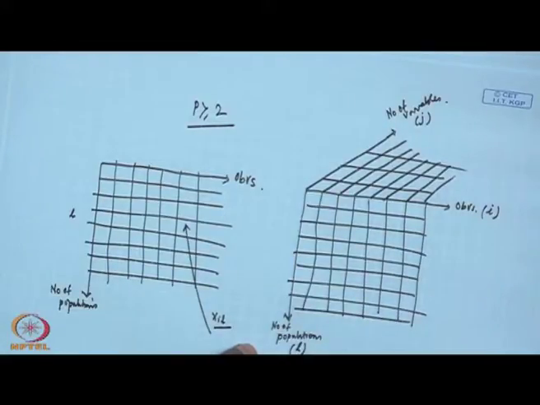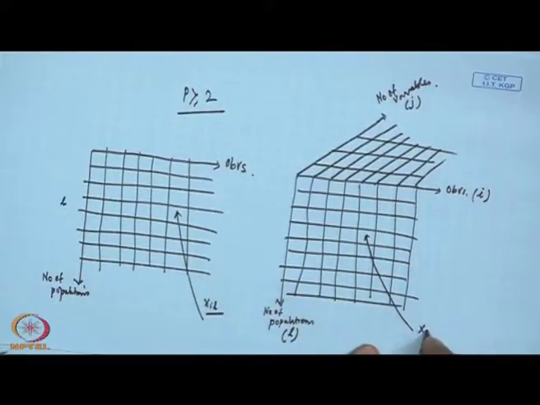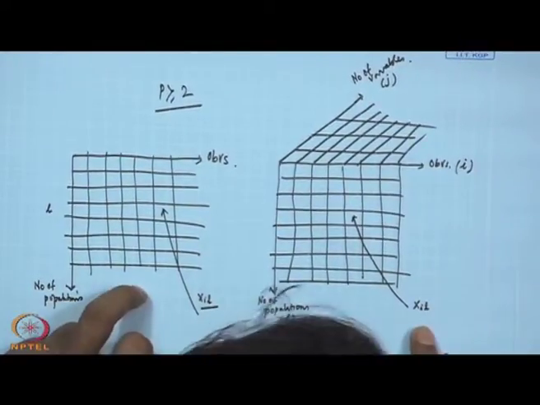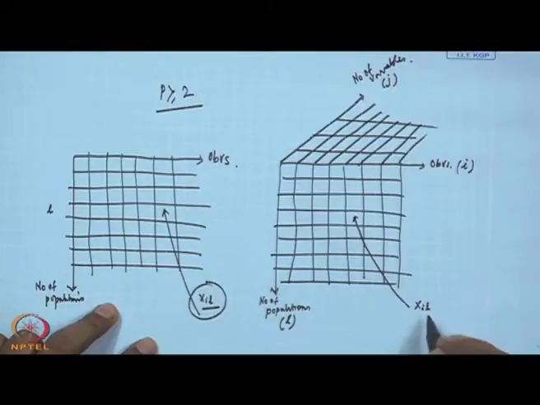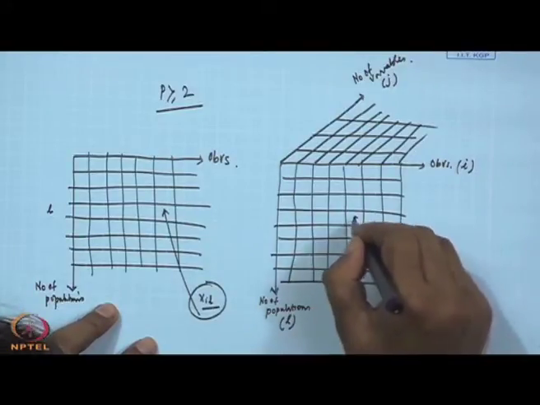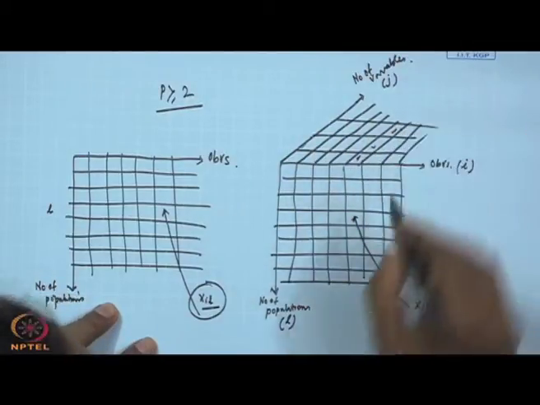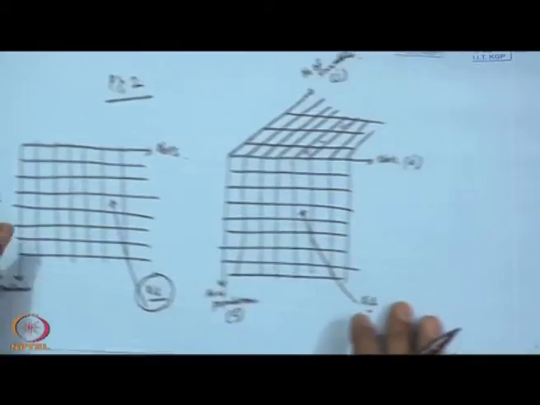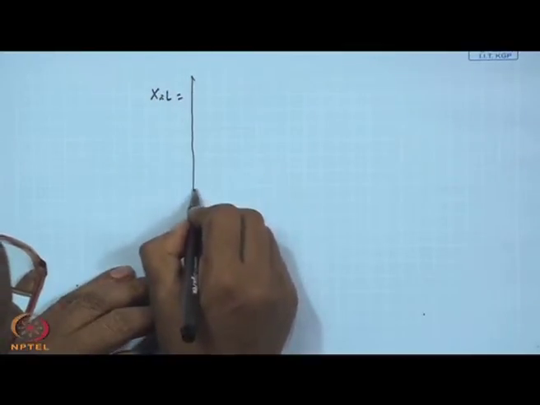Getting me? What will happen for any observation? Suppose this is my XIL. Then XIL is no longer a scalar quantity. In ANOVA this is a scalar quantity, in MANOVA it is not, because for this cell, if I go 1, 2, 3, depending on the number of variables, this xil will have more values. So, we can say here that xil is no longer a scalar quantity, it is a vector.